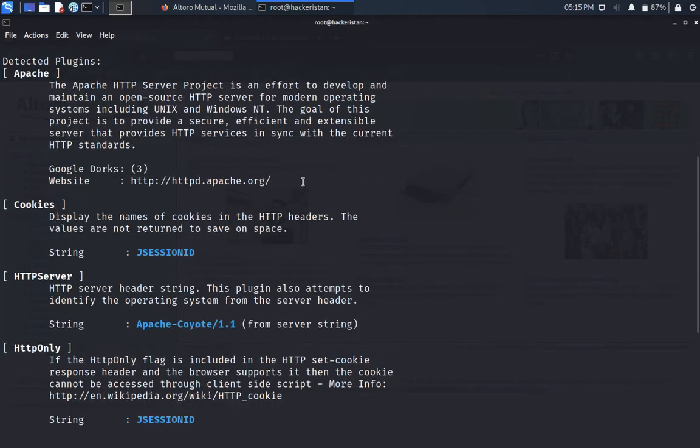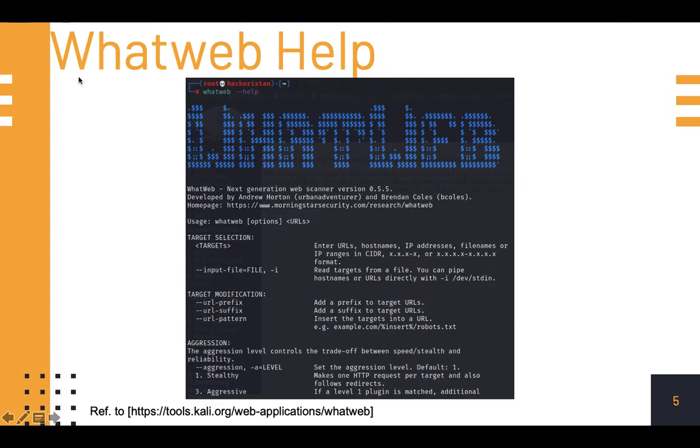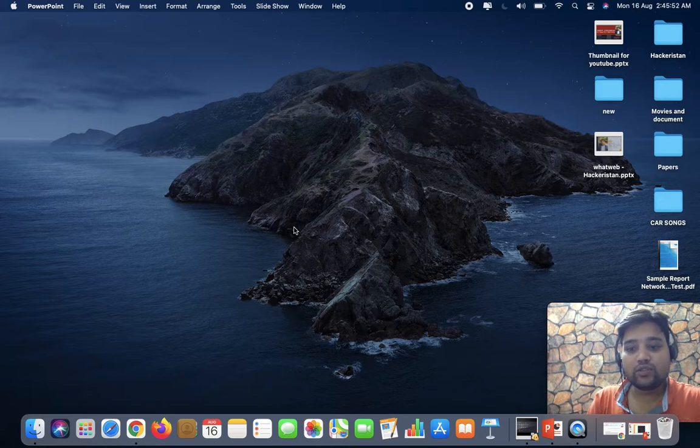If you go a little further down, you can see the detail about even the HTTP header with which it sends the information and receives the response. So guys, this is the way you can utilize the information, and you can simply fetch the detail about any target site whenever you want. I hope this video helps you utilize this tool in a very efficient manner whenever you need it to detect technology information.